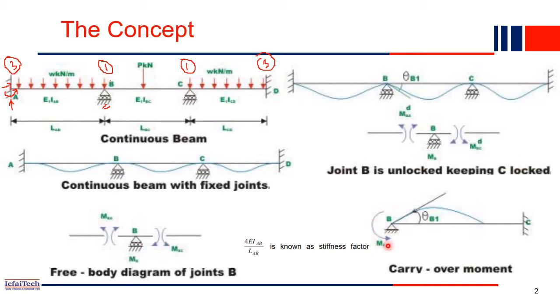When you add an additional moment to a support, for example this is a support, and we additionally add some moment to this support, then half of this moment will be added automatically to the far end support. So if you add MA or MB additionally, then half of this moment, MB by 2, will be automatically added here. That moment transfer we call the carryover moment or the moment distribution. So moment is distributed from this support to this support. When we solve an example, this concept will be clear to you.